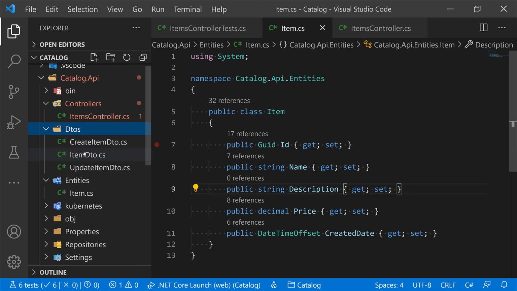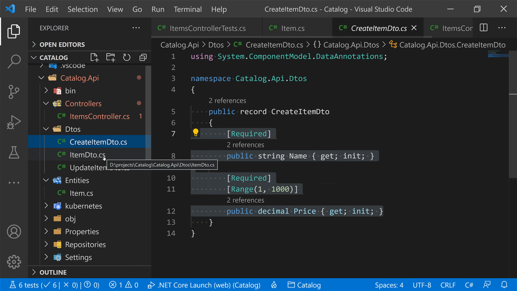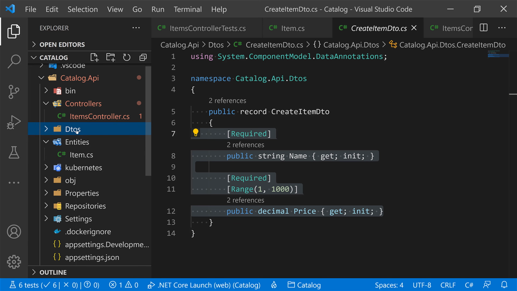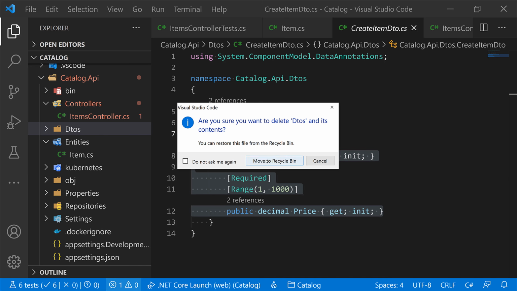So with that done, the other thing that I like to do actually is to simplify the way that we use DTOs. Remember that we have these 3 files for the 3 DTOs. But it turns out there's a much better, nicer way to declare the DTOs as record types, which actually provides even more benefits than we are getting today. So what I'll do is I'll actually just get rid of all these files. Let me just delete this DTOs folder,